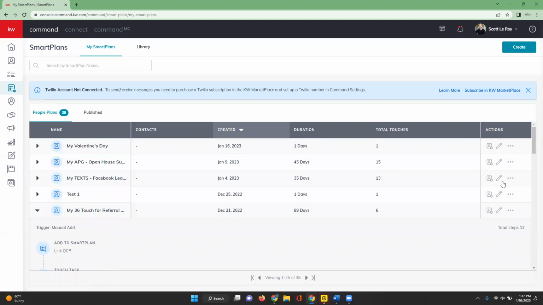And you're going to see under actions, we have a few options. So we can either add a contact from here, we can edit the smart plan, or under the 3 dots, we have the opportunity to copy this smart plan, publish to library if we created a smart plan and made some tweaks to this and we wanted it to go to the public library, or we can delete it out of our personal library. So if we go into edit,